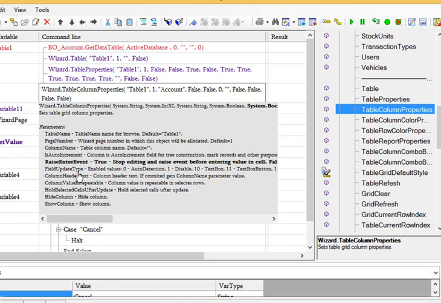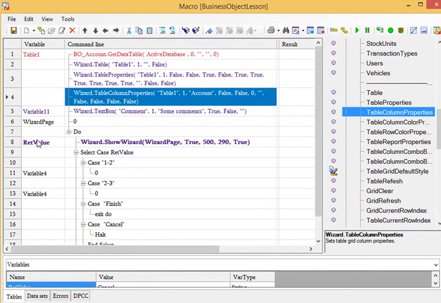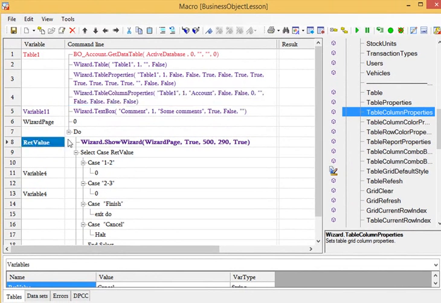If we tell true in this parameter, then the wizard will raise an event before changing the field value. But if we leave false, then this event will be raised after the value is changed. So we need to leave false in order to let the macro update this field and then handle this event. Let's set a breakpoint here at the show wizard macro and run